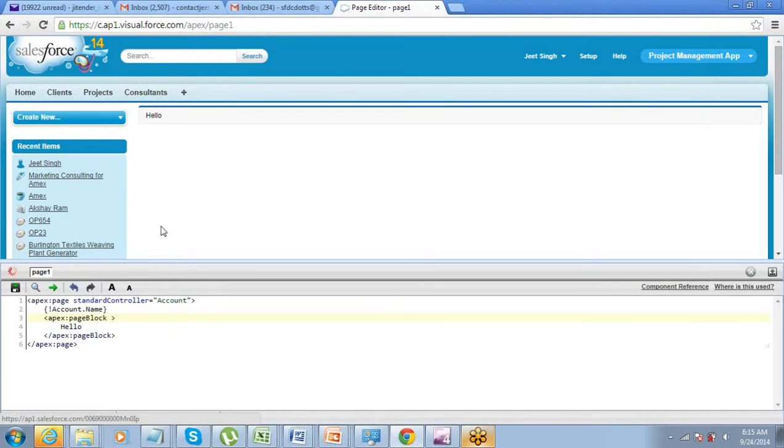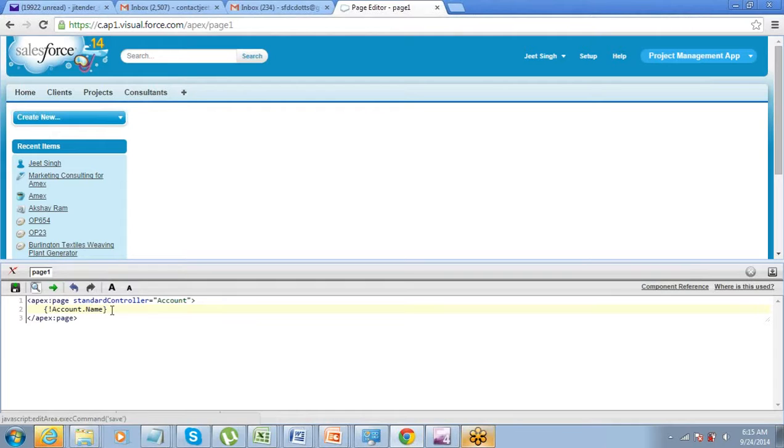Do you see some account name appearing here? No, right? Let me delete this. So ideally this should show me the name of an account, right? It should fetch some data. That is the syntax which we have put. We want to see name of an account.name. Do we see some data appearing here on the page? No. Why don't we see the data here?